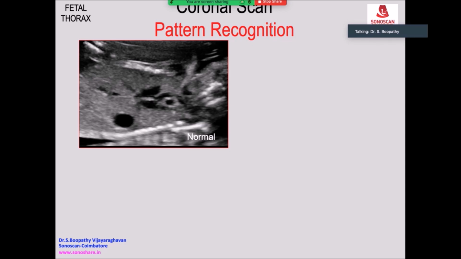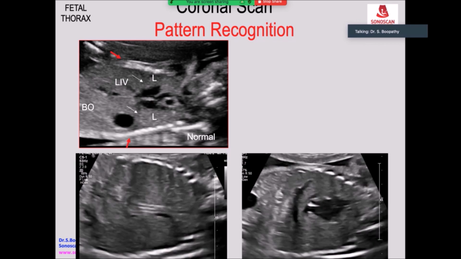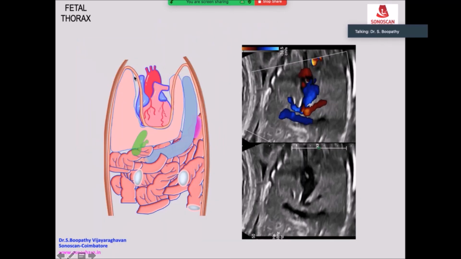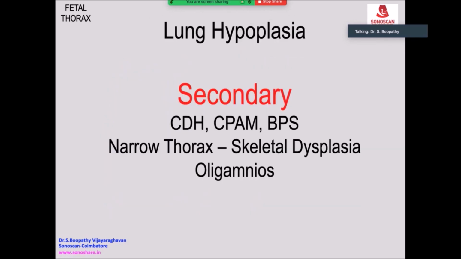So we'll go back to normal, where you see in the coronal scan of the chest, normal lungs, the two domes of the diaphragm, the bowels in both sections. What level do you see? You see the chest. The bowels are seen gone up with the liver, right lobe here, and left lobe with the stomach, spleen, everything gone into the chest. So that is the bilateral lung. There is oligohydramnios because, again, there is no compression of the chest.